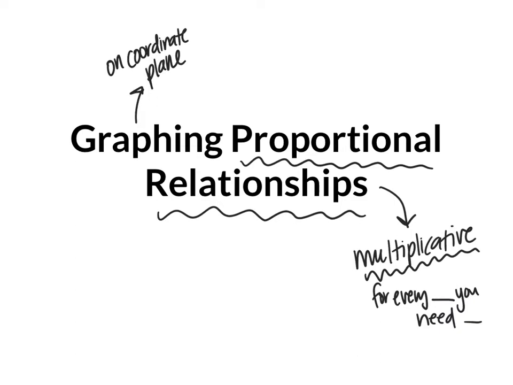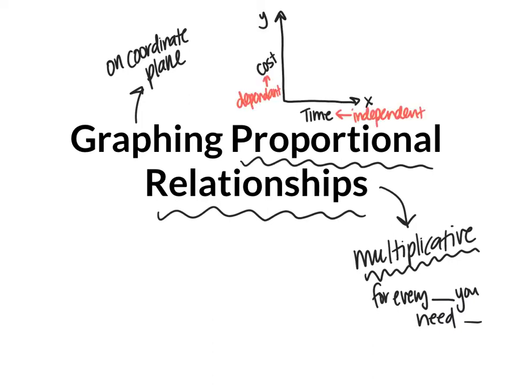If we're going to be graphing these proportional relationships, we're going to be looking at them on a coordinate plane. A coordinate plane has a y-axis and an x-axis. It helps you compare things like time and cost. On the x-axis, we're going to put what's called our independent variable, and our y-axis is going to have our